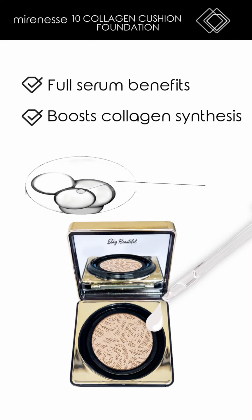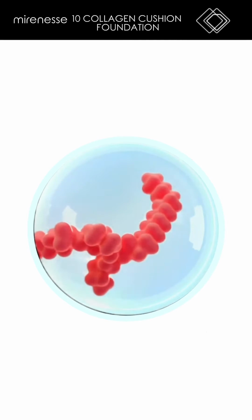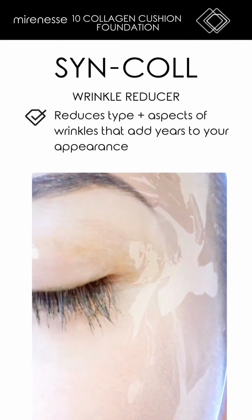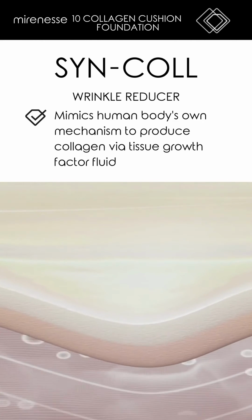with one of the most powerful collagen building ingredients on the marketplace today. It's known as Syncol. What it does, in the clinical trials, it's shown that Syncol's capable of reducing and changing the type and aspect of wrinkles that add years to your appearance. It has its own unique sequence to mimic the human body's own mechanism to produce collagen via tissue growth factor